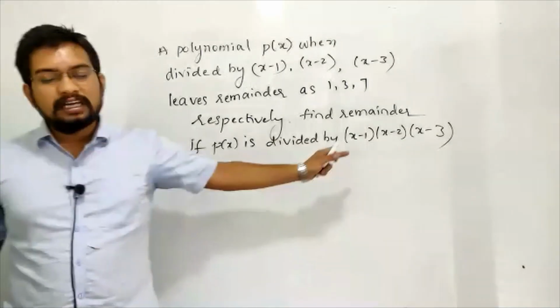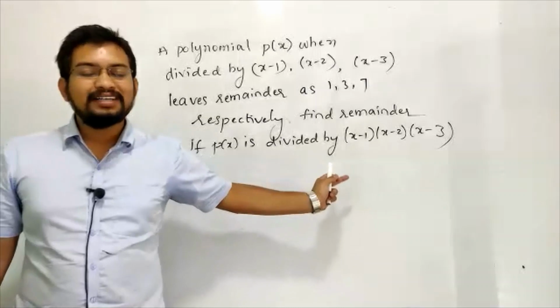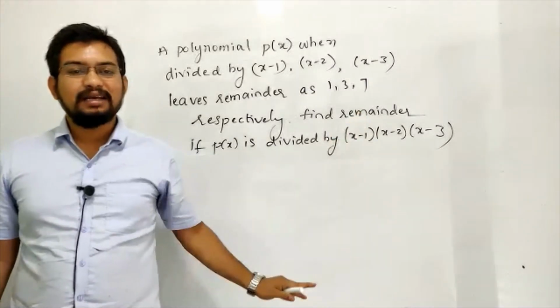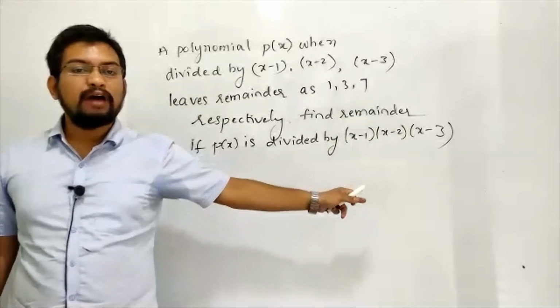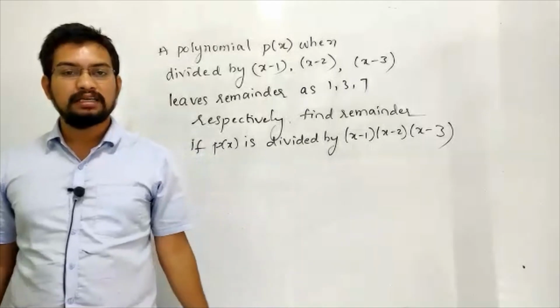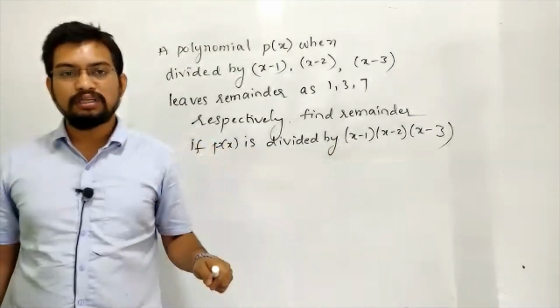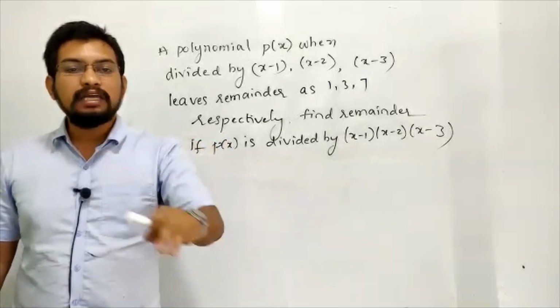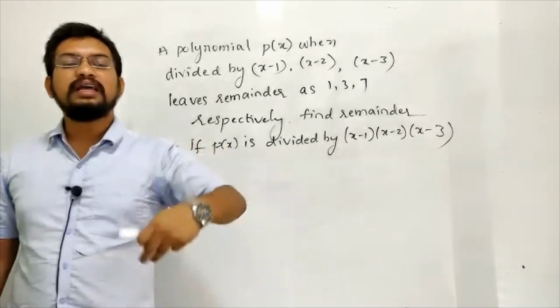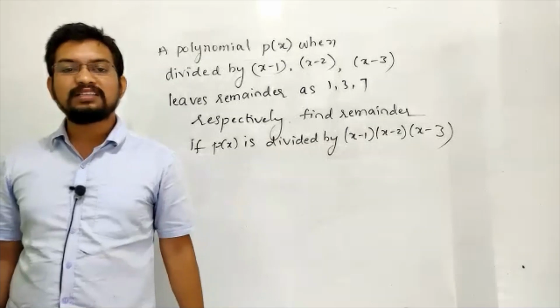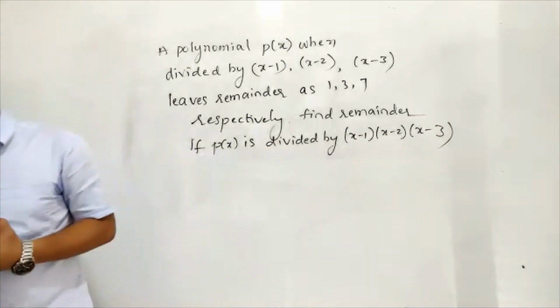In the first case, what have you done? In the first case, you have put remainder as it is. But here in place of remainder, you have to write ax square plus bx plus c. Remainder degree can be equal to 2. So in place of remainder, you have to substitute it as ax square plus bx plus c and then proceed.